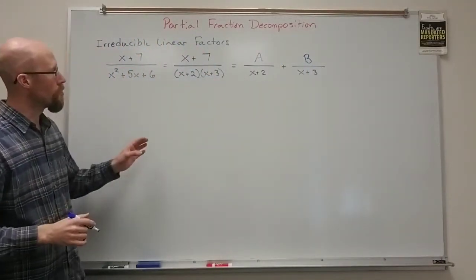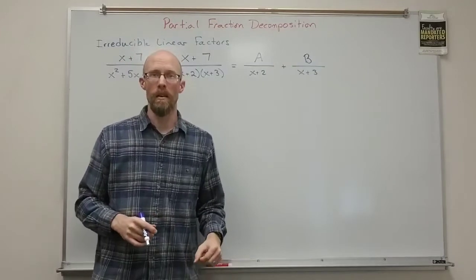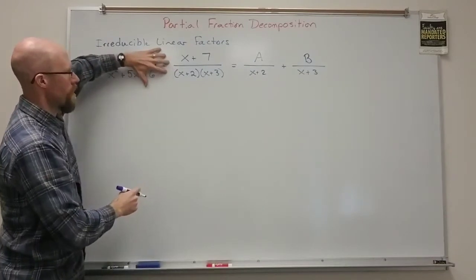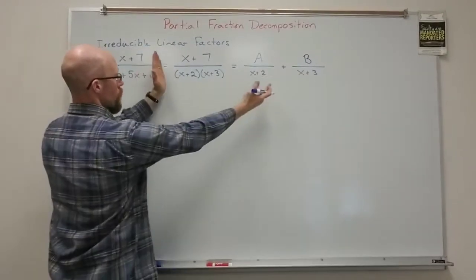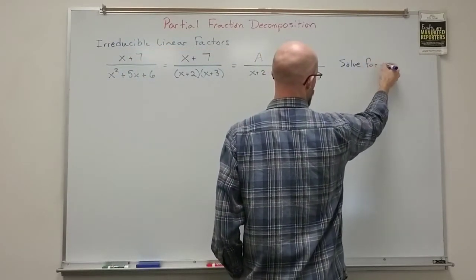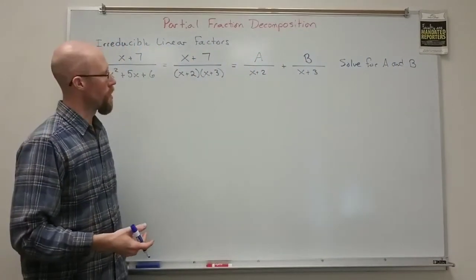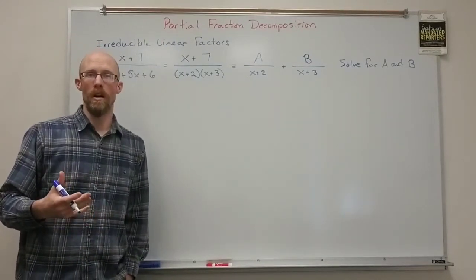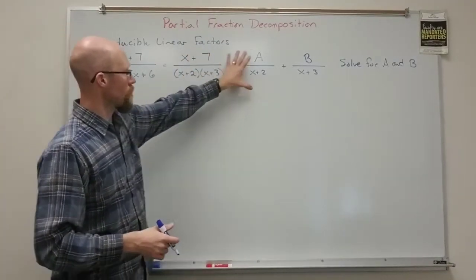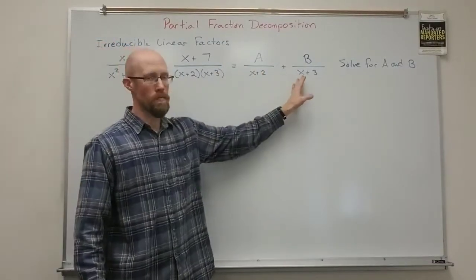So what I need to do is try to figure out how to solve this equation for A and B so that I can get those corresponding constants, all right? And I'm going to leave this left-hand side off because that's just the unsimplified form. So I'm really just looking at the right two sides of this. So I want to solve for A and B. Now there's a couple different ways to do this. The one that I'm going to show you really utilizes the idea of a linear system or system of linear equations. The main idea is you start with this equation and we're going to multiply both sides by the least